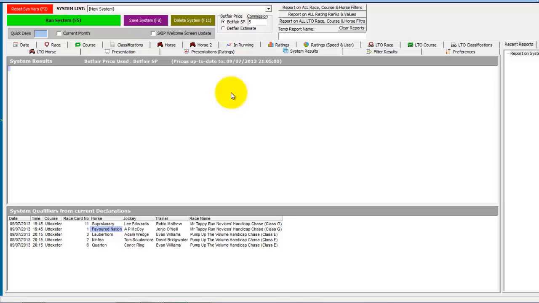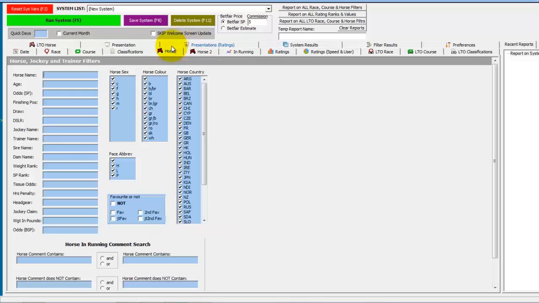So the next step may be to analyse how a trainer does with horses going into a handicap chase for the first time. So we'll take John Joe O'Neill as an example. So in the horse tab under the trainer name we enter John Joe O'Neill,